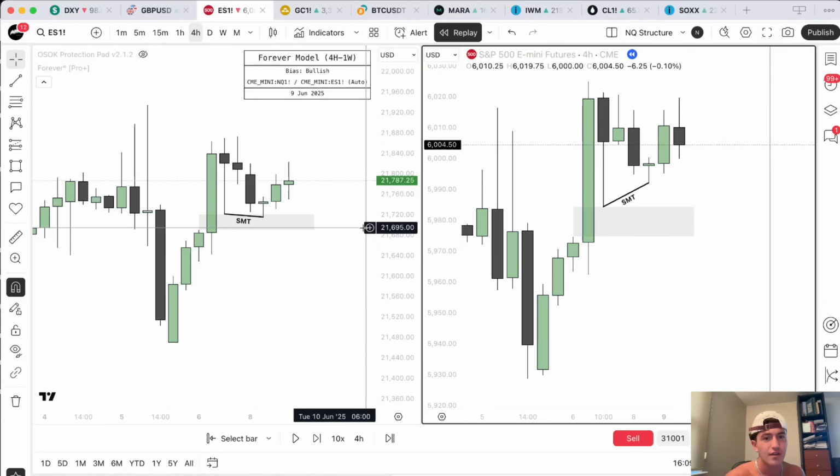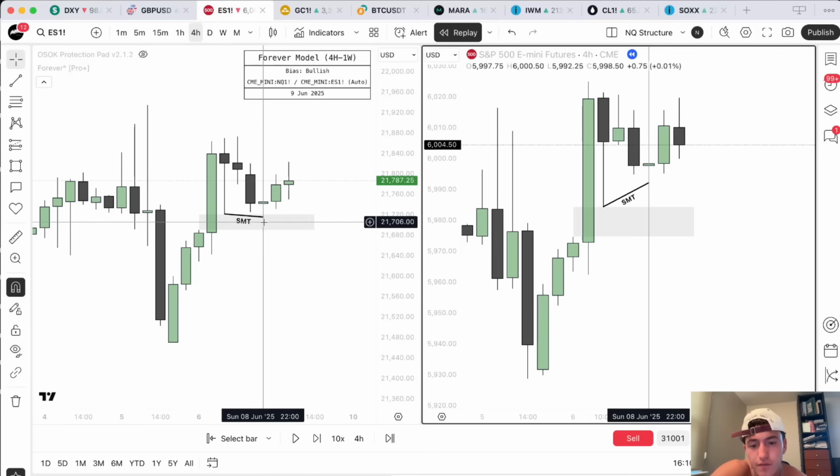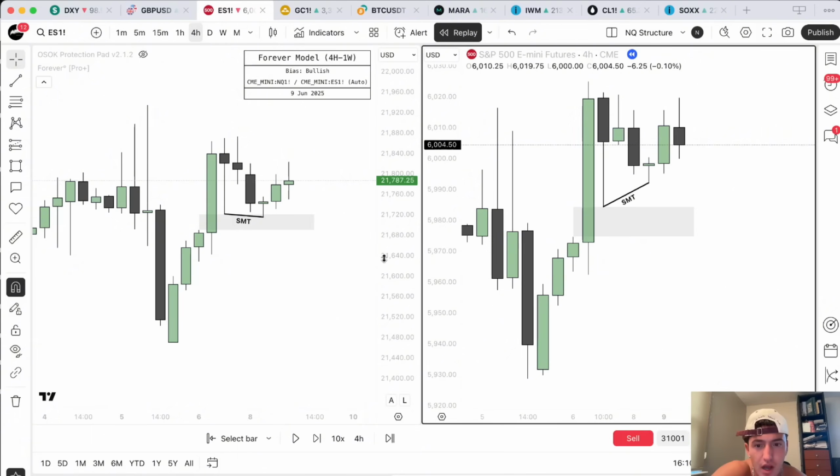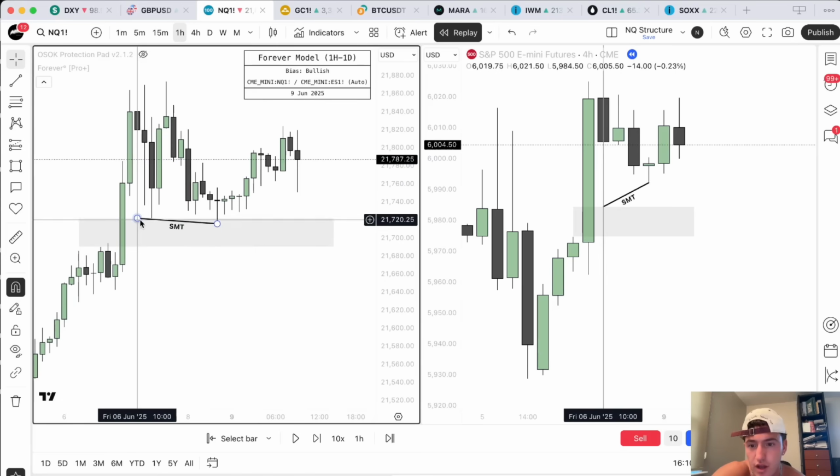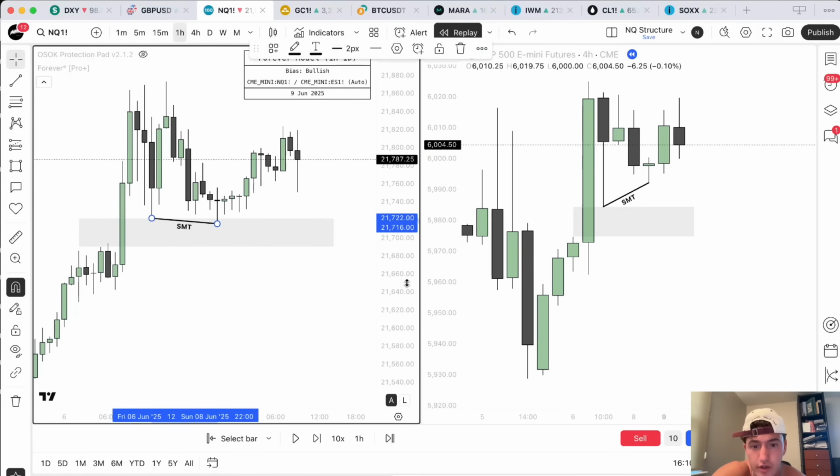You're kind of flipping a coin almost and just making a gamble, saying that price is automatically bearish from one small piece of confluence. Now, since we had this 4-hour SMT in a gap, I went down to the 1-hour to see, is there any imbalances that we could utilize as a reference point for a trade opportunity?